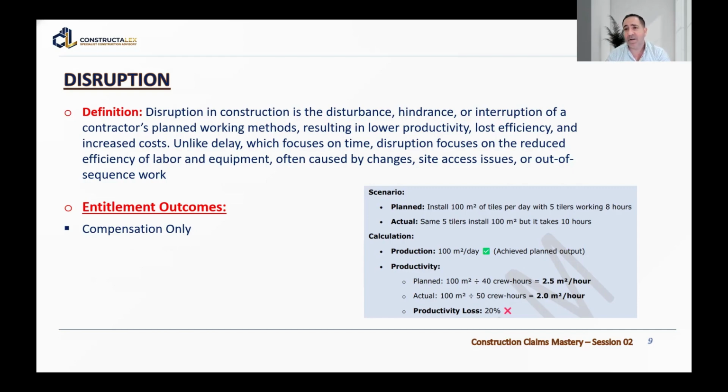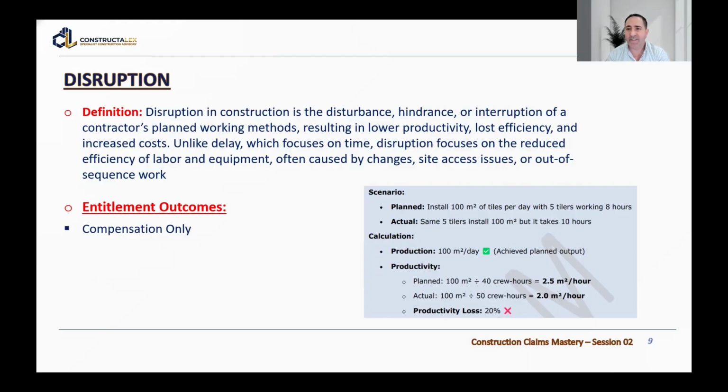And this is one, or maybe the hardest, type of claim to prove, because it requires a lot of very accurate records and very accurate calculation to prove the disruption. And we will see now the common methods that we can use in calculating the disruption. The entitlement here will be compensation just to recover the extra cost